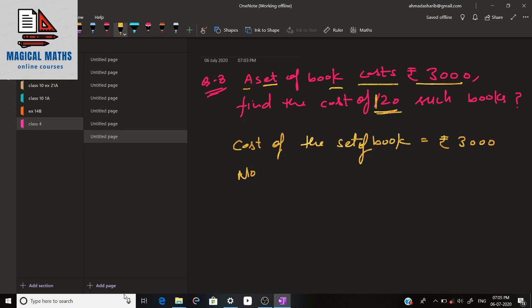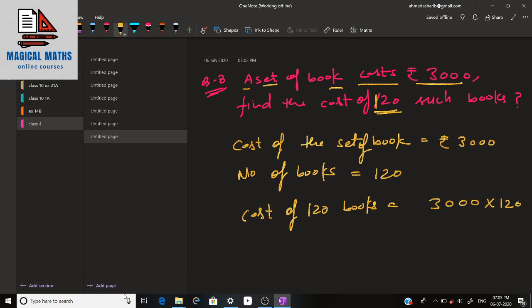You have to purchase 120 such books, okay. So number of books is equal to 120. So cost of 120 books is equal to